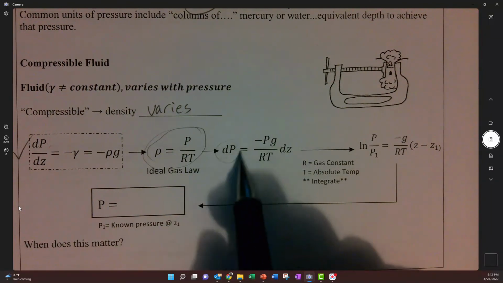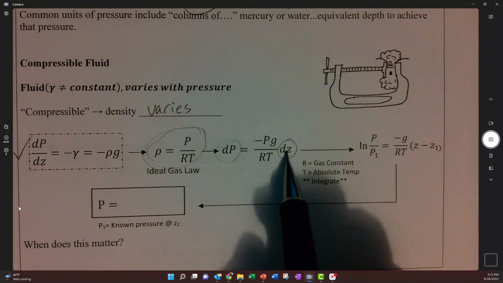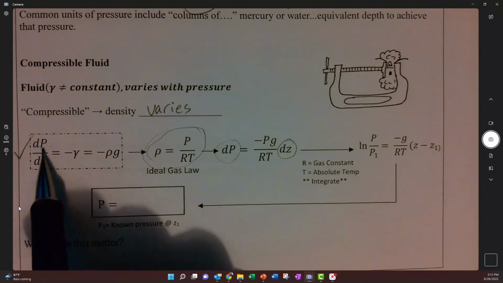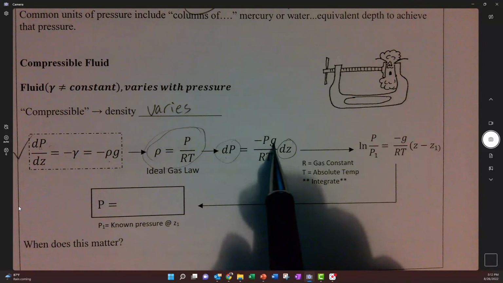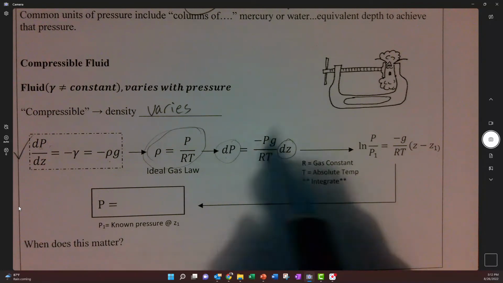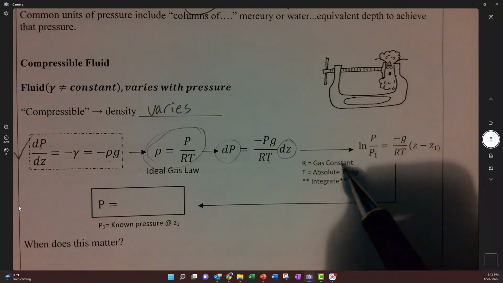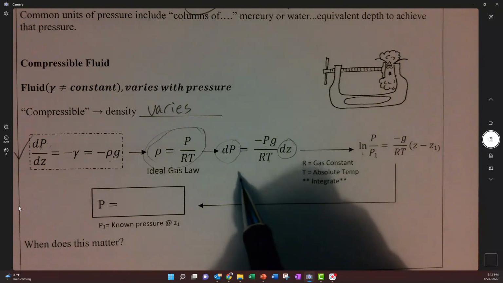Noteworthy that the differential pressure right here can be related to, we could stick this over to the other side, right? We could say that this is equal to this right here. Pull them over to the other side, so it's negative pressure times gravity divided by gas constant divided by temperature. And if we were to integrate this, you'd know that you'd get the natural log, right? Because integrating,